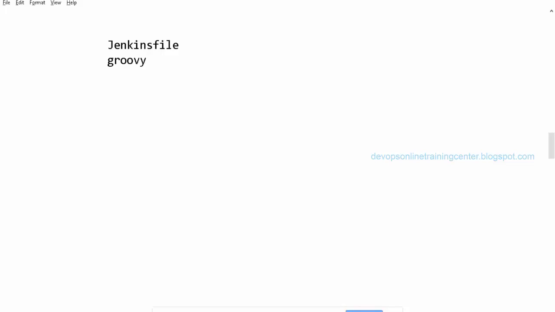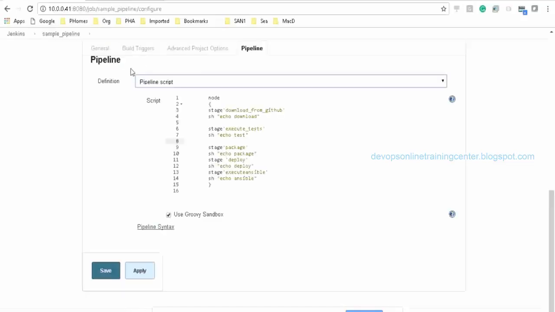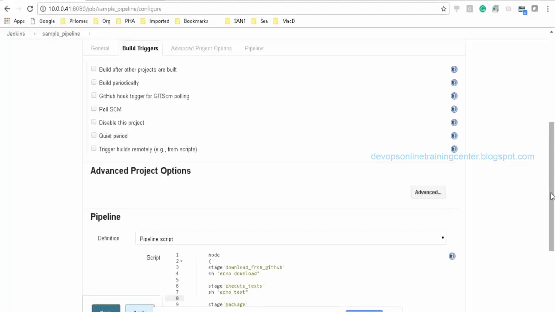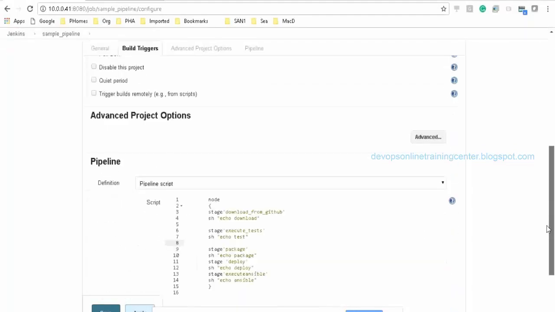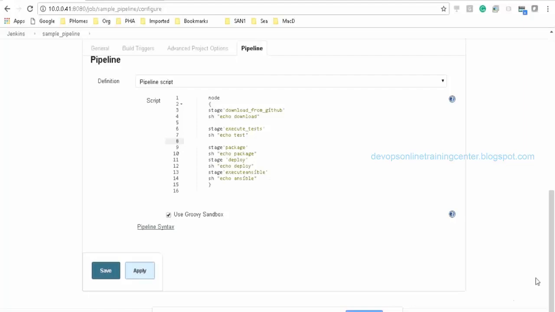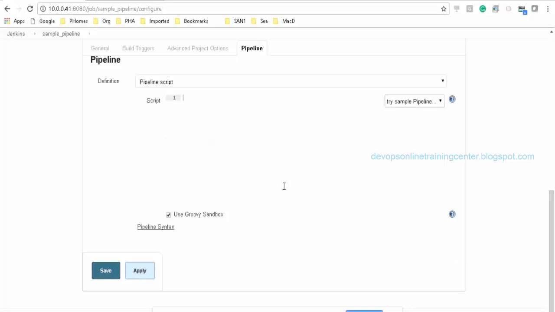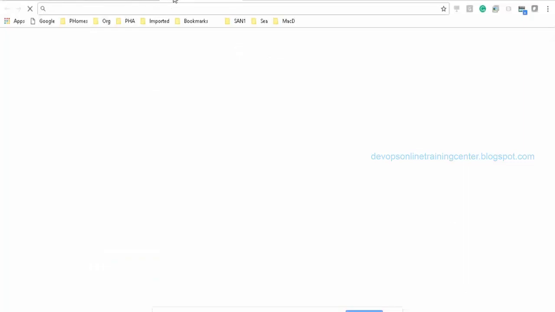So there we write stages and all, and we save that file, and we keep this file in GitHub, and then we give the repository information in pipeline, right? So for the first time, when the job is executed, this gets the script from the SCM, the GitHub, and it executes it. Okay. So let us say I want to store this entire script in GitHub.